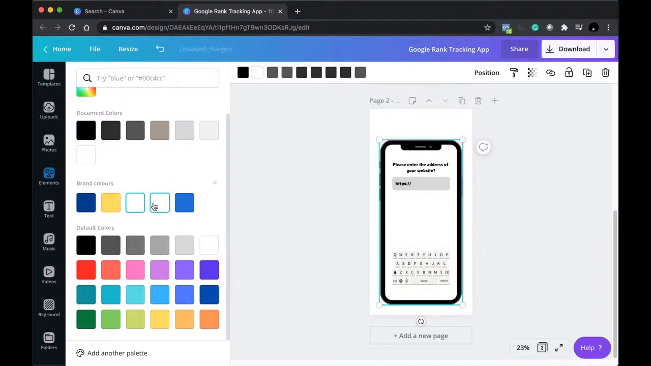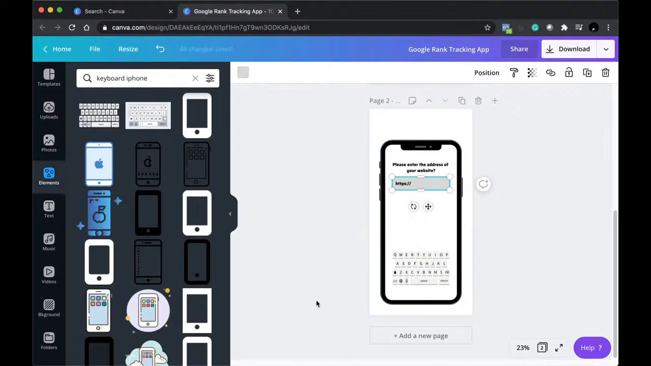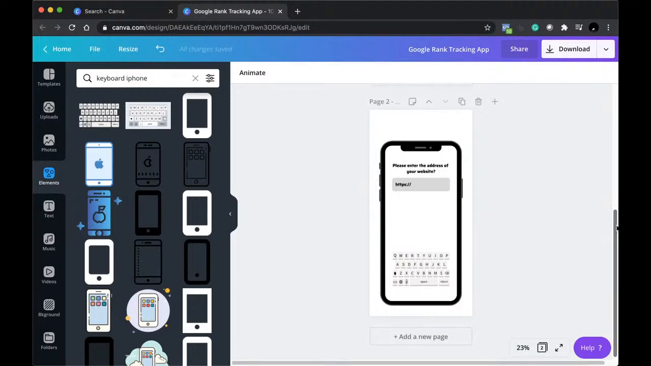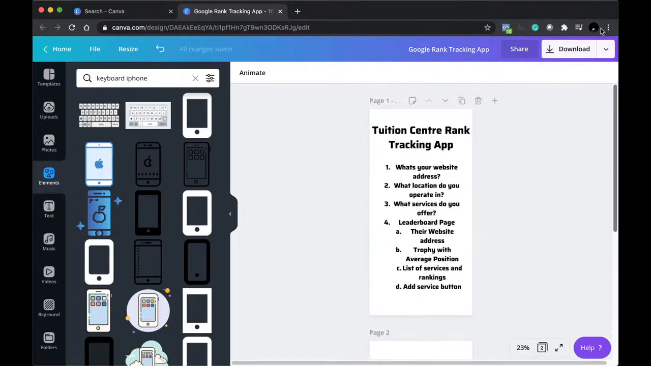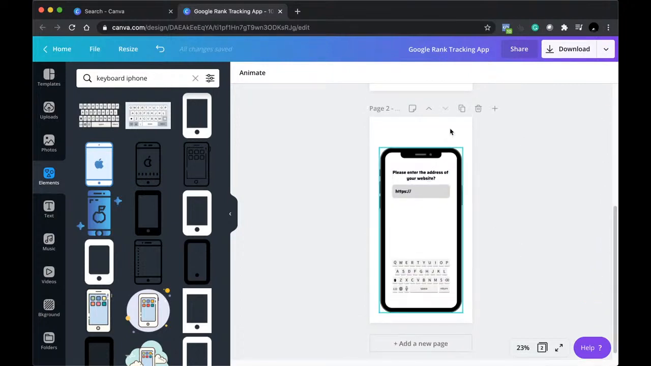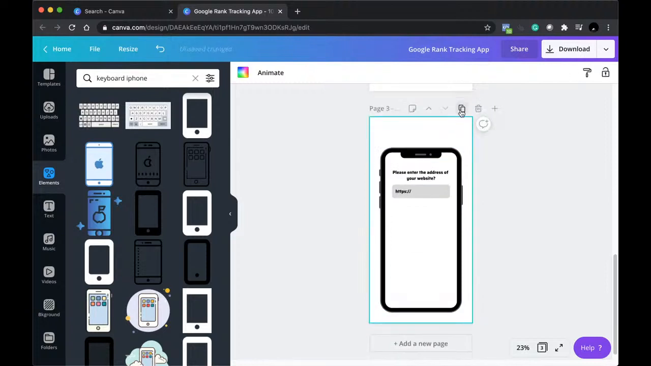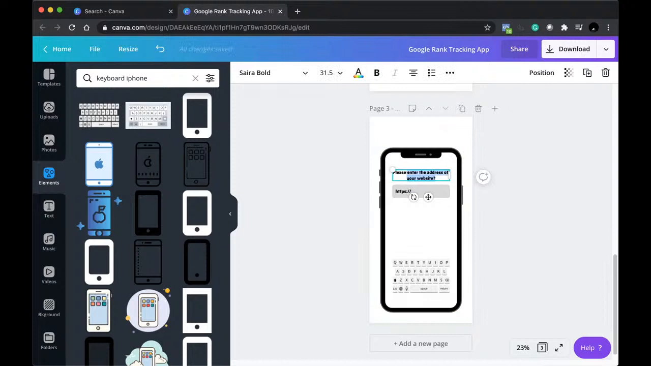You know what? White's good enough for now. Alright, so that's our first screen, which is very simple. And so what we're going to do now is go on to page 2, which is what location do you operate in, and we can just use the copy page option here to make a new page and just change the text to